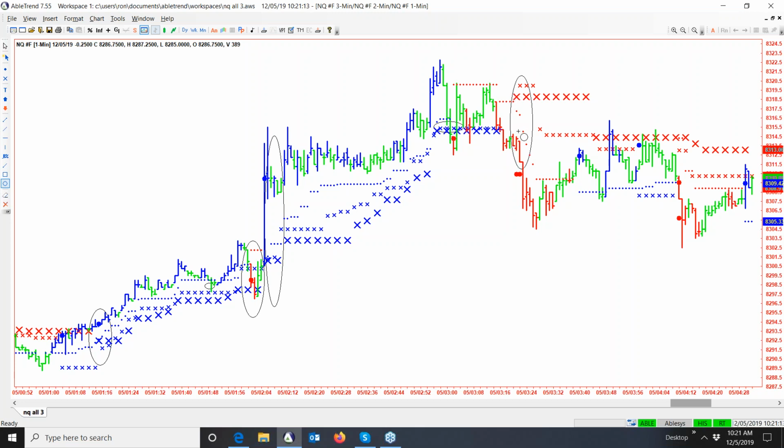Short goes here because again, red bar, red dot, red X is short. It's really simple when you think about it. Blue bar, blue dot, we go long. And any mix like right in here, that's a classic no trade zone. And as I repeat, that's what makes AbleTrend different. The big trends up and down, most indicators and algorithms are going to pick that up. What makes AbleTrend different than everything else, why we've lasted 20 years and have over 20,000 clients, who liked it